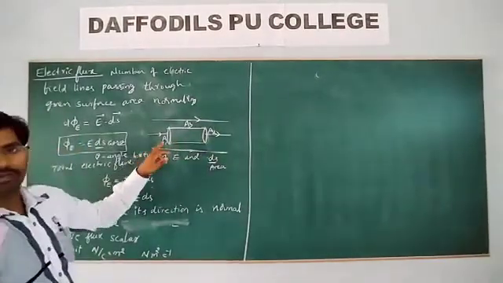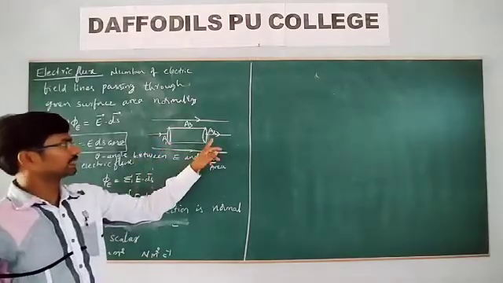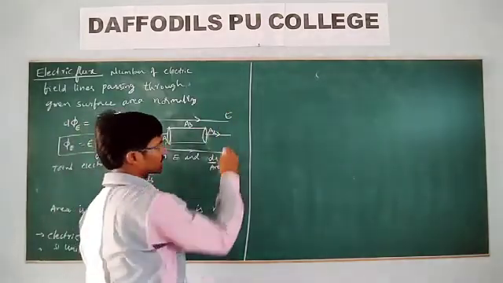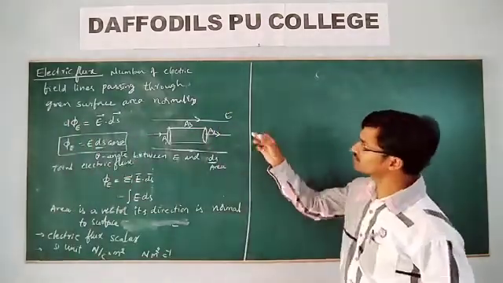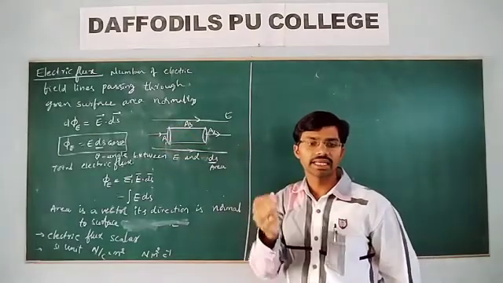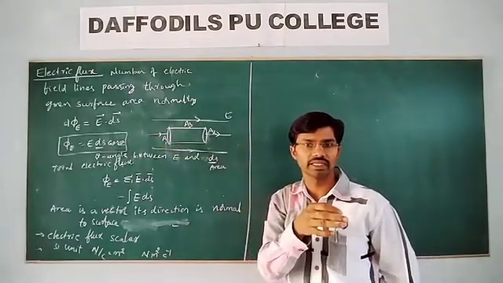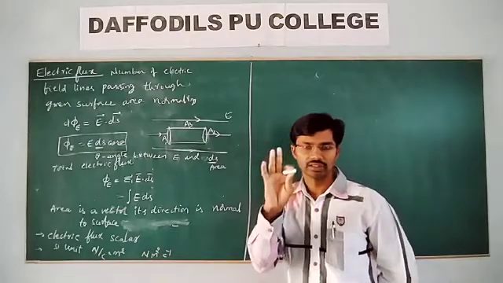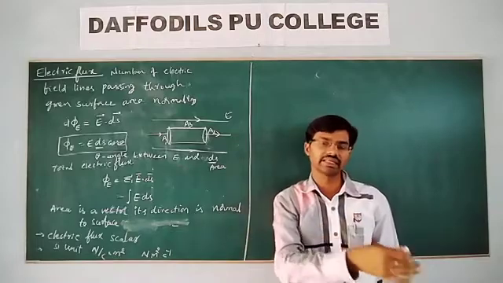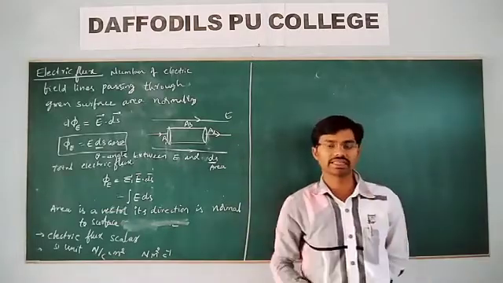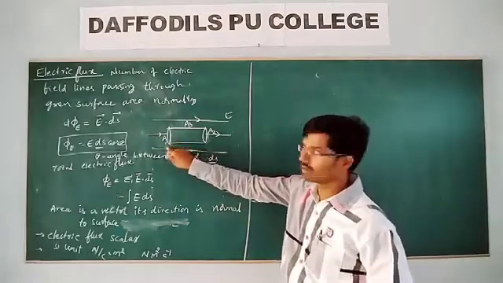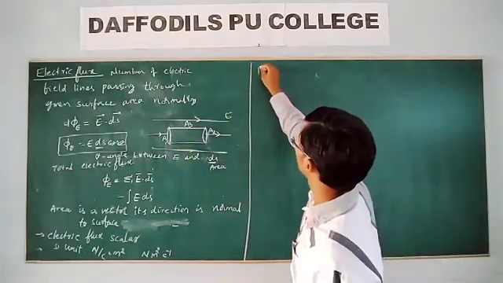Now what will be the electric flux through these surfaces A1, A2 and A3? This is the direction of the electric flux. Remember, when we take any surface, the number of electric field lines entering is equal to the number of electric field lines leaving. Now the flux for an electric field entering is taken as negative, and outward flux is taken as positive.